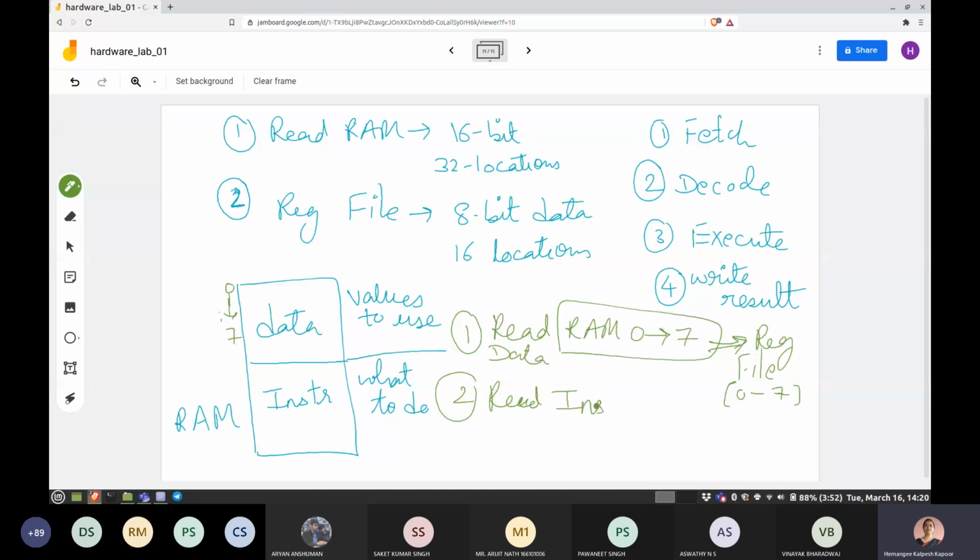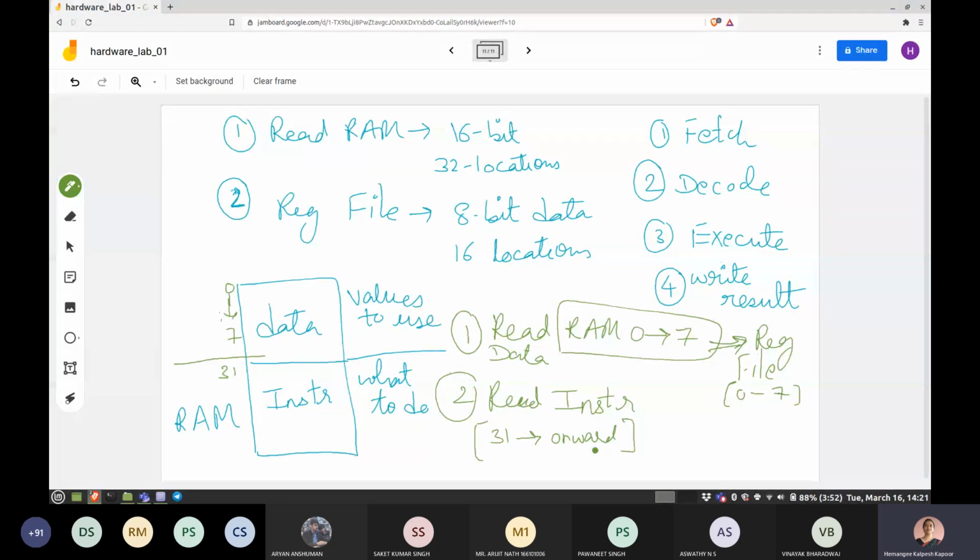So you have 32 locations. So let's say from position 31 onwards, your instruction is there so that you get some space to keep everything. So your first instruction is sitting at location 31. So you have to read that location, address 31.